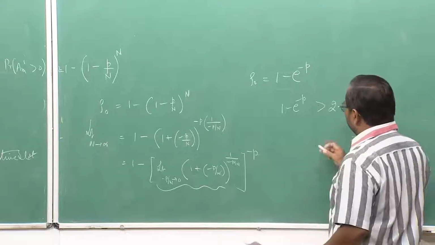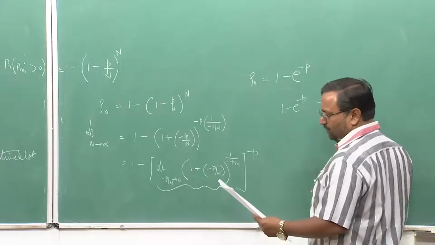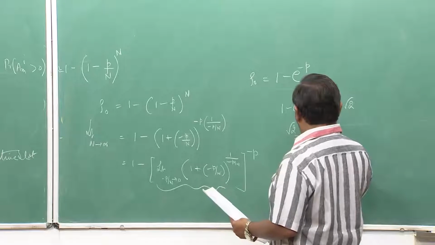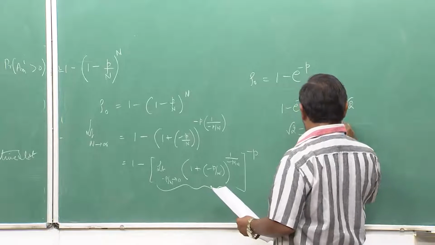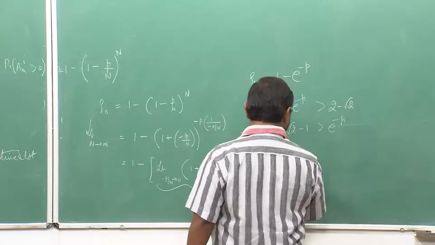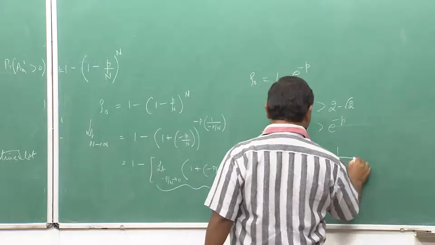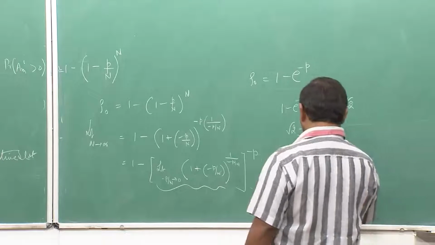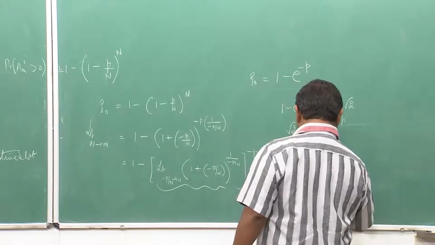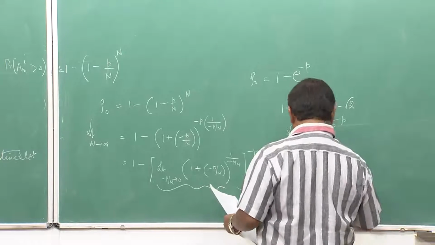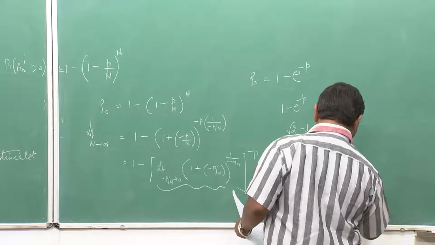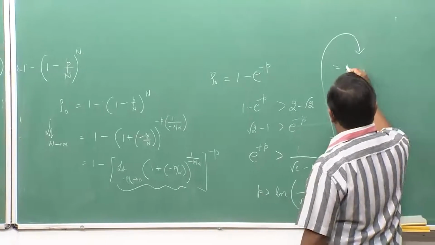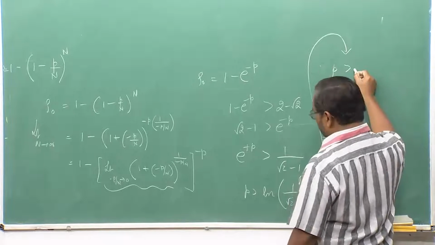So, for this condition to be true, if you solve it, you will get root 2 minus 1 greater than e raised to the power minus P, so e raised to the power P greater than 1 over root 2 minus 1, which means P greater than natural log of 1 over root 2 minus 1, and this will turn out to be that P is greater than